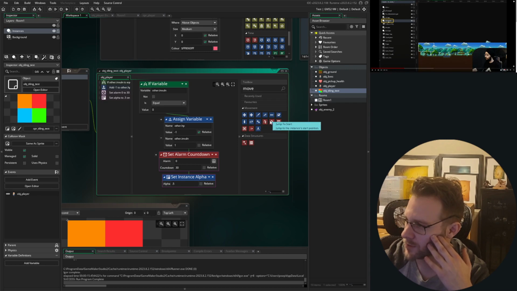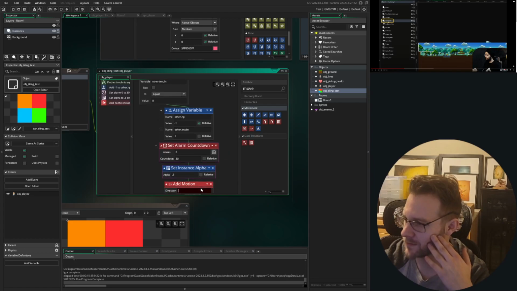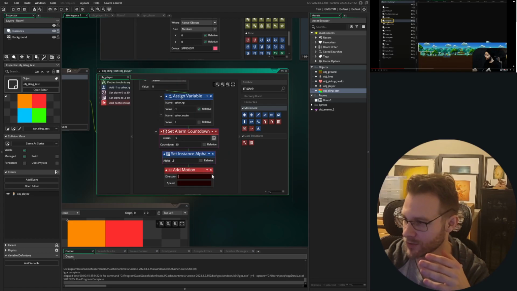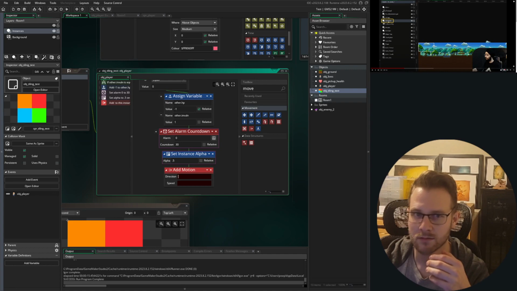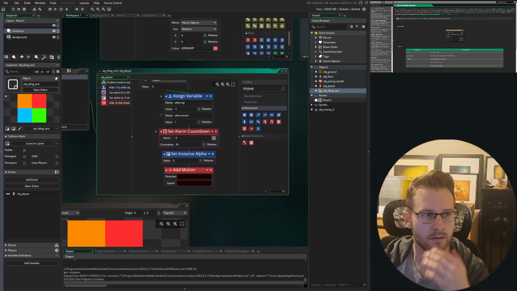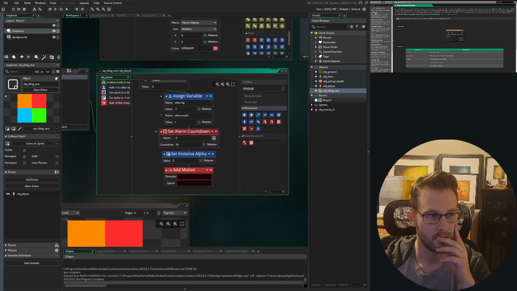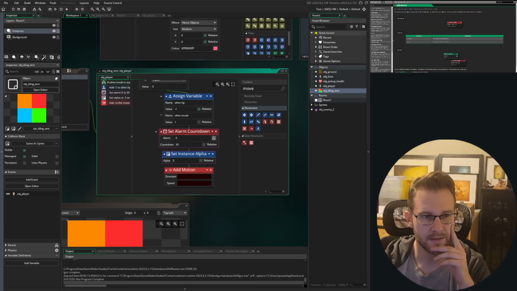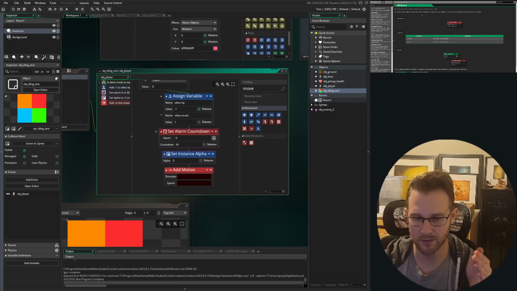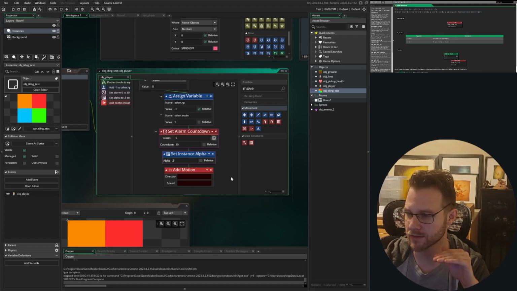Yeah, add motion maybe? What happens if I do this? Direction. Add motion. Accelerates the instance with the given speed in the given direction. Is 1 and -1, are those the things? Oh, image. So what we're gonna want is